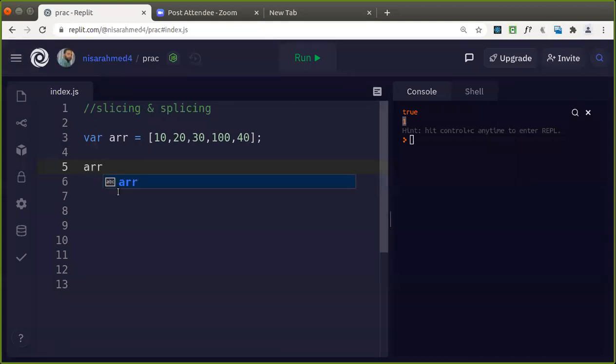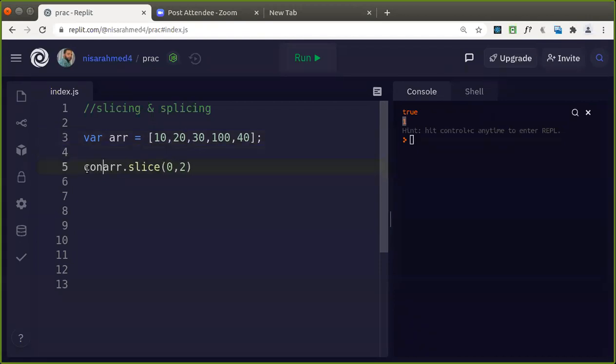So array.slice, you have to give the starting index. Suppose the starting index is 0 and I'm giving 2. So it will take the subarray starting from this starting index and the ending index, excluding that one. So excluding 2, indexes 0 and 1 will be taken as output.